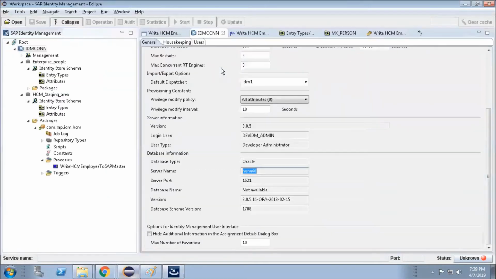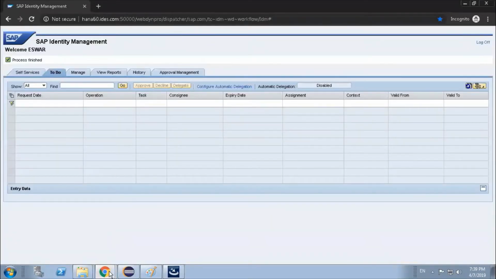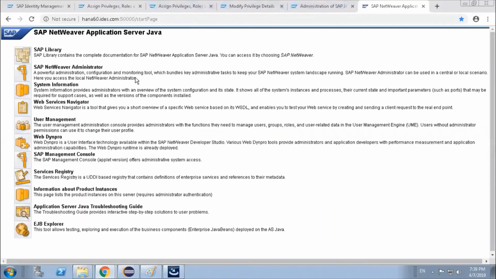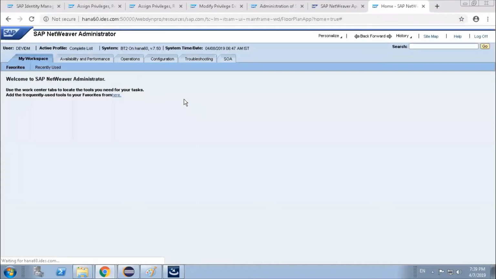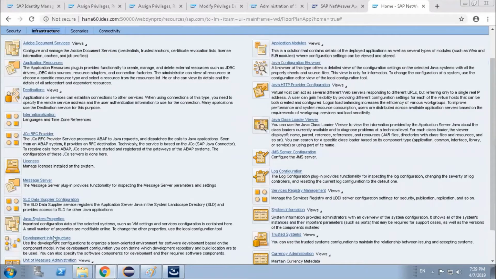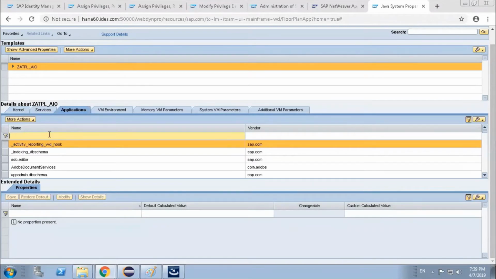We have to go to System Administration, Configuration, Infrastructure, Java system property, application, star IDM star.